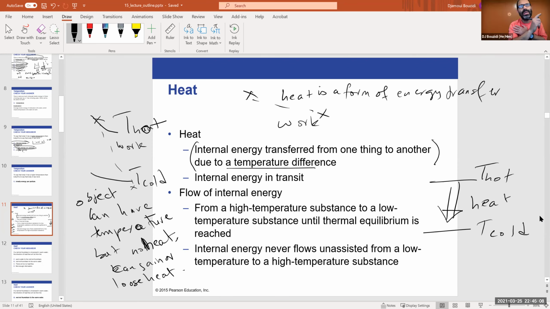But that requires work, requires energy. You have to pay for it. Actually, the refrigerator works to do that. A heat engine like the one I was going to show you does the other way around. It takes heat from the hot source and gives you work out of it. Actually, the thing turning or the electrical energy, and the other one actually is work, is energy that you're going to gain and use for other things. Okay,